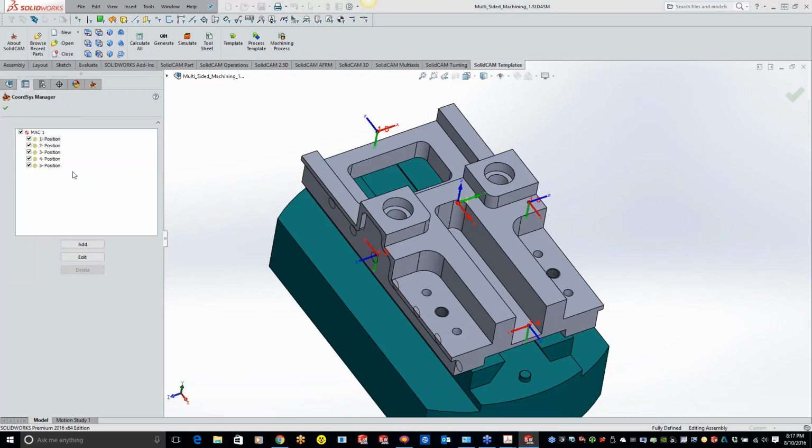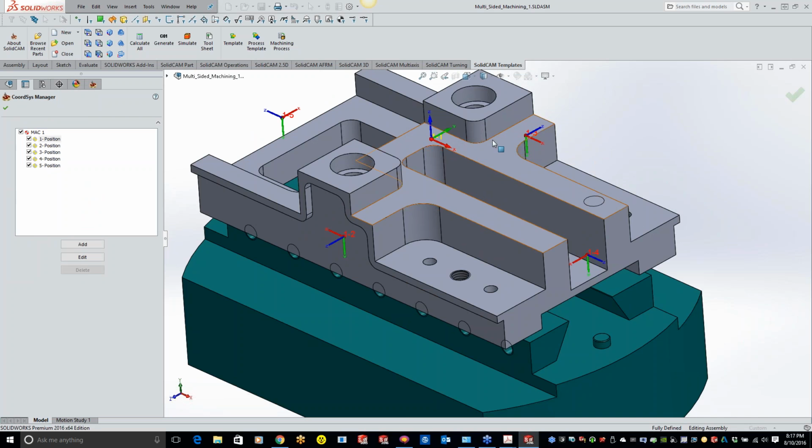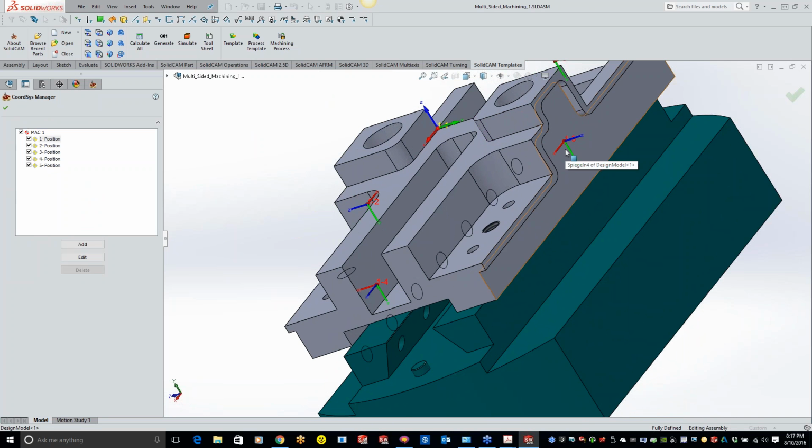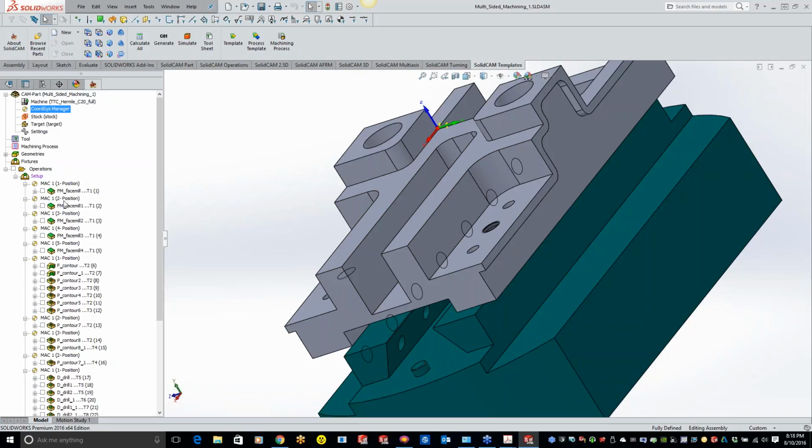Let me just show you the coordinate system. You'll see I just have one initial Mac with all the positions to go along with it. Everything is based off that initial Mac, or you can have it right off your fixture, but definitely use your Mac 1, position 2, because that's basically telling the machine that we're using a G54, P1, P2, P3, P4, P5, and it's also telling the fourth axis indexer to rotate to those angles. So as you're going along, we're using Mac 1, then it rotates over to Mac 2, then Mac 3, then Mac 4.